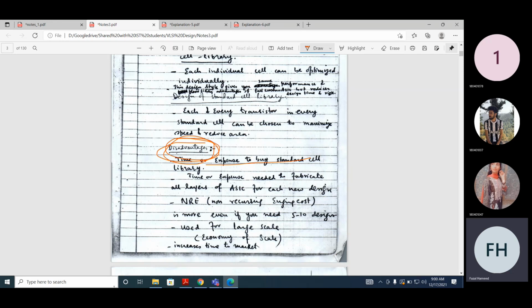When any student goes to a university, they have to pay the admission cost, whether he studies there for 1 semester or 8 semesters. So this is a one-time cost, which we call the non-recurring engineering cost. It only makes sense for economy of scale if you want to make more and more designs.